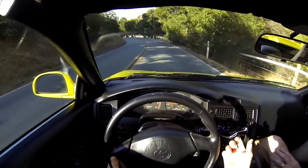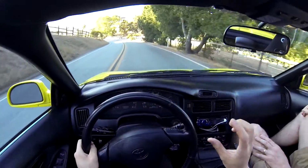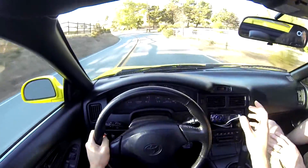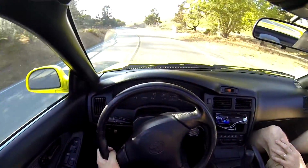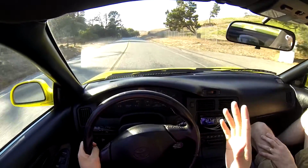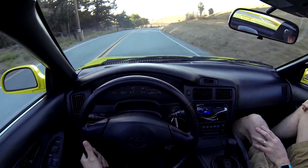Most modern turbocharged four cylinders, you get a lot of low end and medium range torque, but this is more of an old school turbo, so you get almost no power until about 3,000 RPM. Then you start to hear the whoosh of that turbo spinning, and then it really just